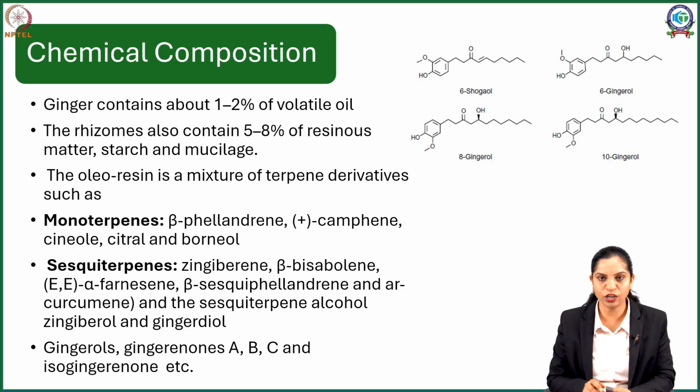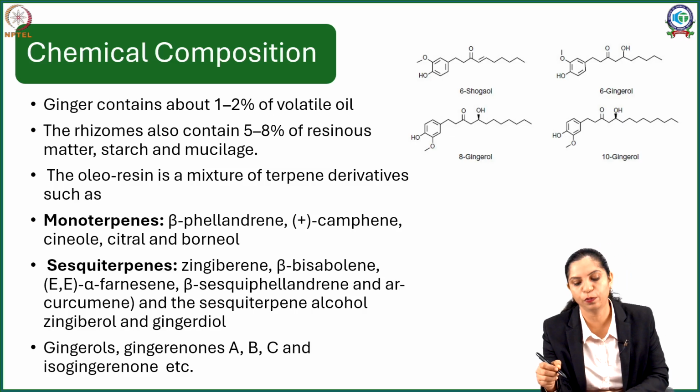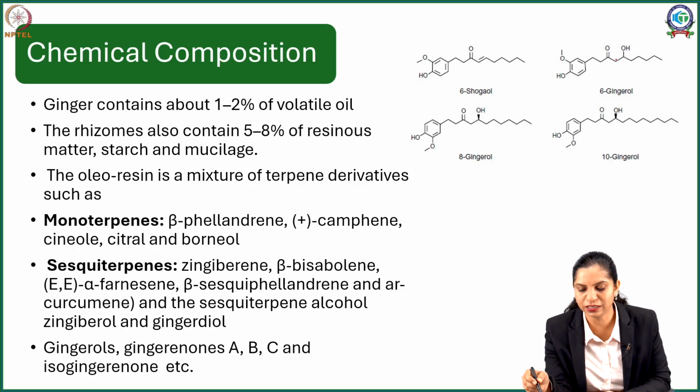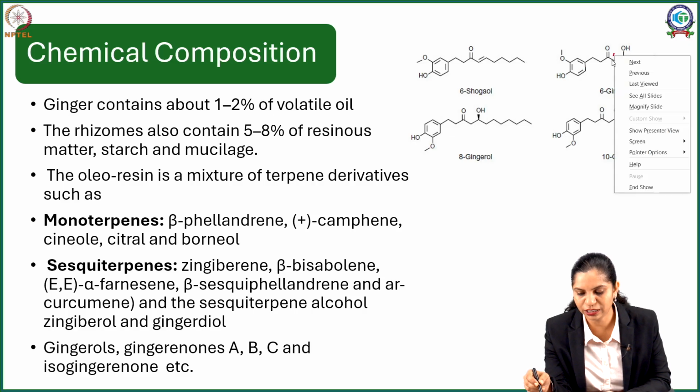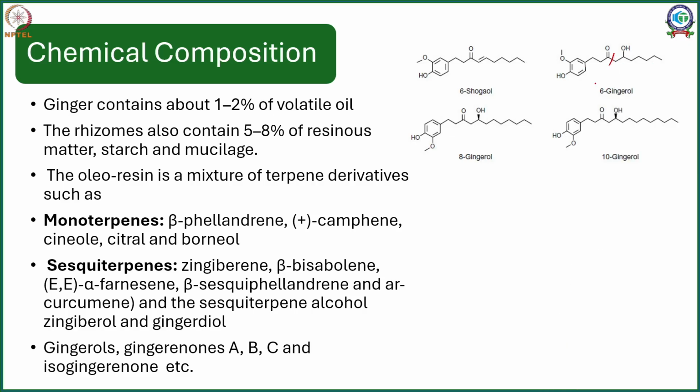So if you see your gingerols here, gingerols are typically phenylpropanoid derivatives. Take for example 6-gingerol. If I cut it like this, you will see a phenylpropanoid out here. So this is your phenyl. This is your 1, 2, 3 propane. And now when I cut this, I just start numbering from this carbon. So 1, 2, 3, 4, 5 and 6. So wherever this hydroxy is, the gingerol gets its name from this. So this is an example of 6-gingerol.